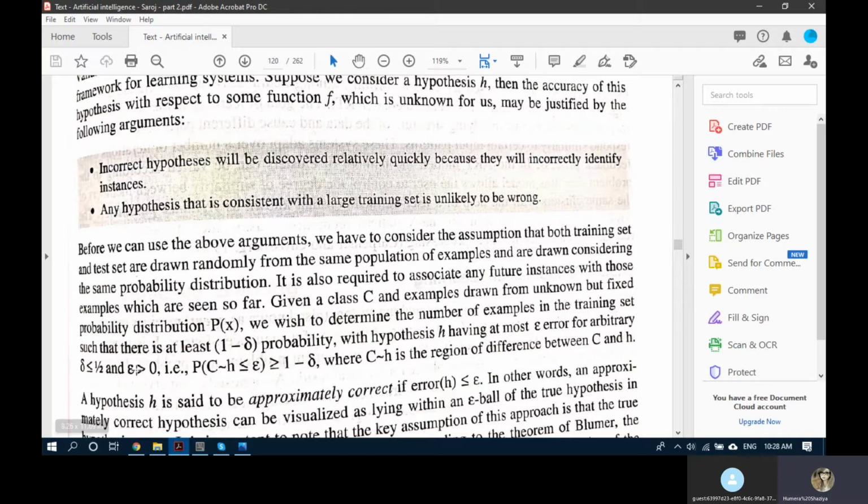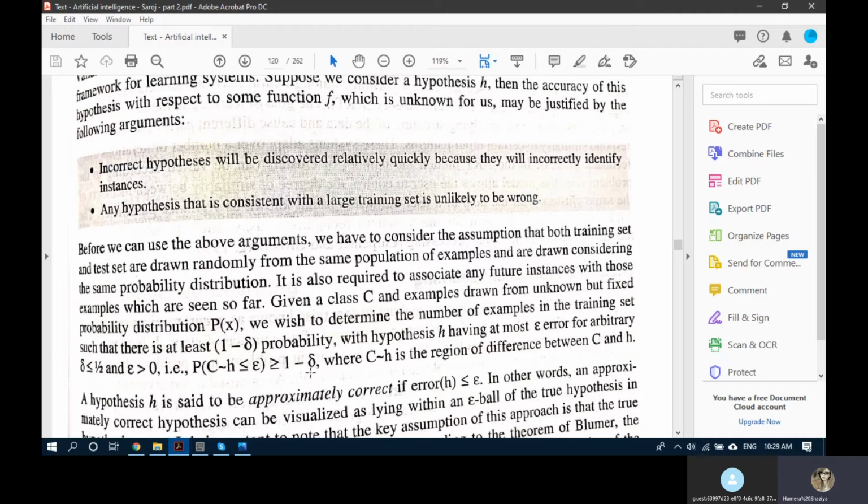So the whole idea is about this. This error rate epsilon should be less than or equal to this, and the probability can be greater than or equal to 1 minus delta,